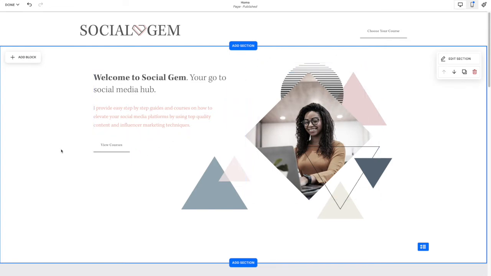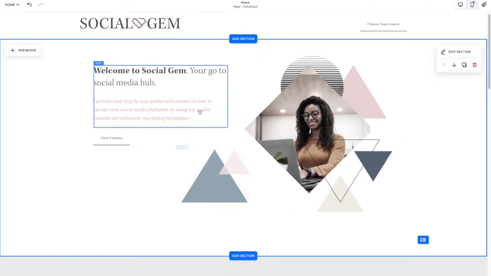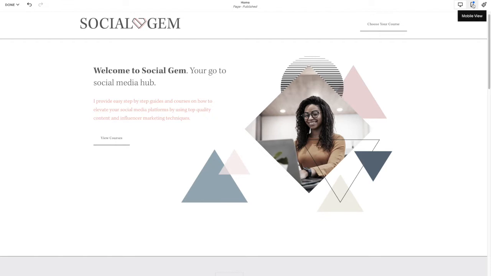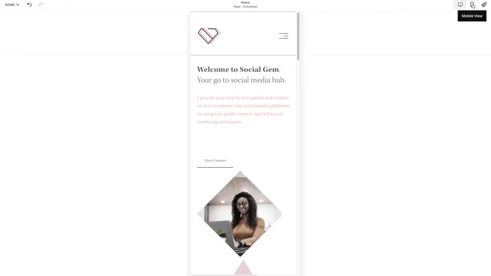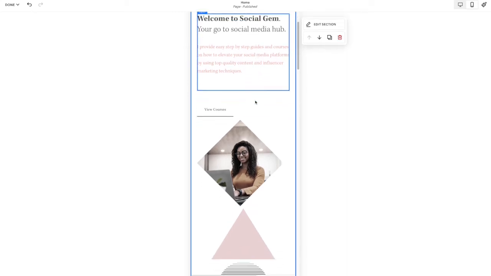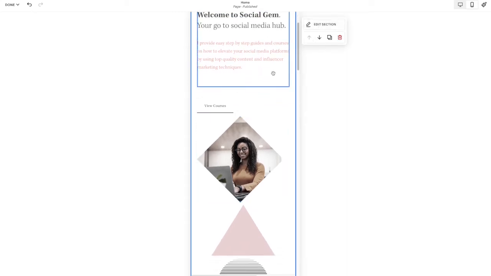So normally when you would build up a section like this, what happens is on a mobile, it tends to all stack, and images and things can be in places you don't want them, and it can be quite a bit of a headache. But the new Fluid Engine gives you options to actually use that layout engine on a mobile as well. So if I just quickly show you that, we hit mobile view at the top,